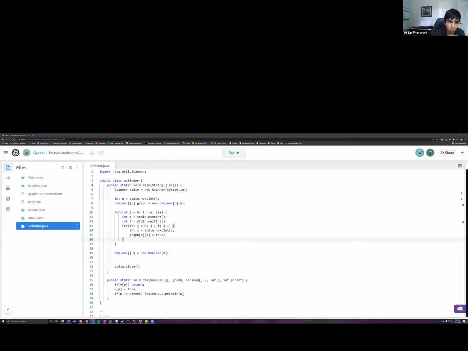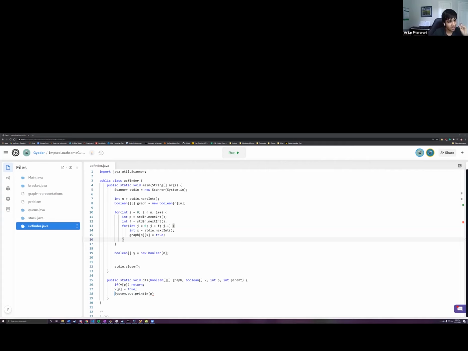This is the reason why I needed the parent in there, because we're going to call DFS here, and it's not going to be visited. So if I just had a simple print out, like here, then it would print out 0 also. So 0 is his own friend, which is good. You should be your own friend.